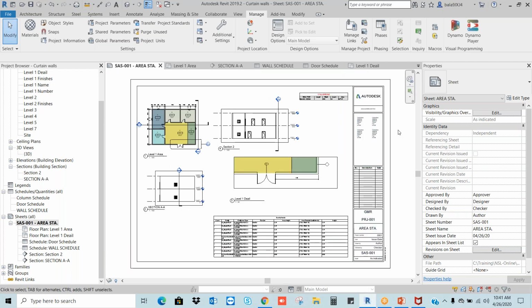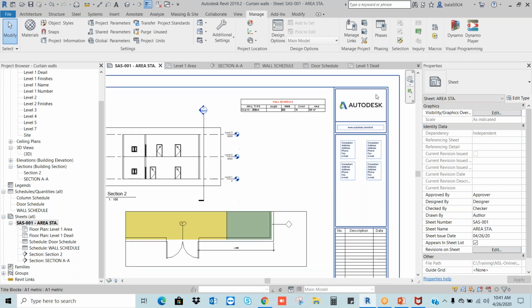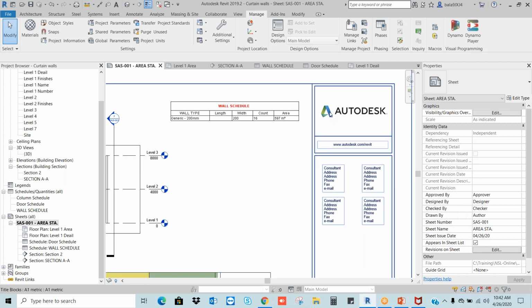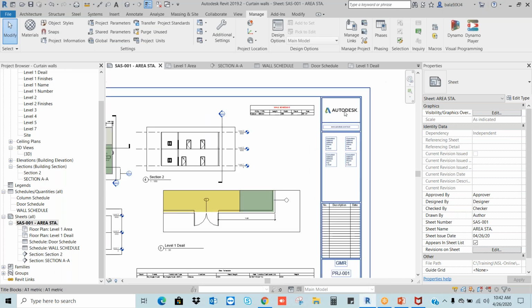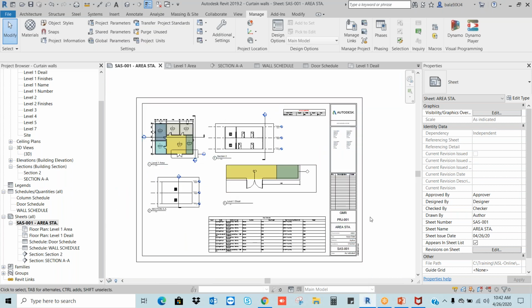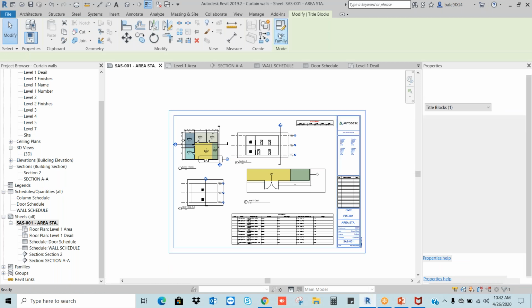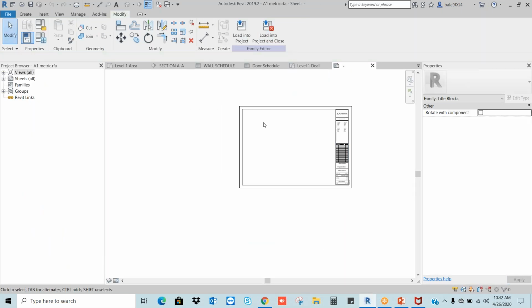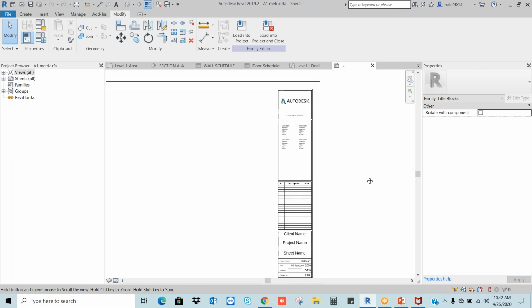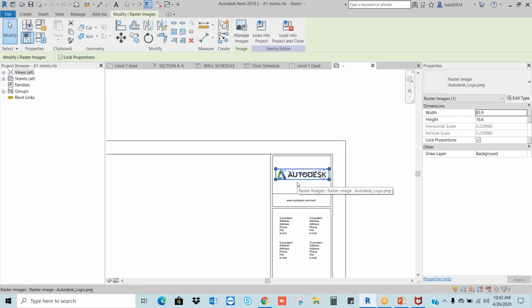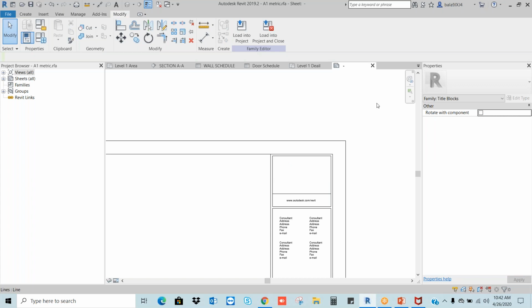Okay, see the next. Here I can see the Autodesk title block developed by them. They kept their logo, but I want to keep my consultancy logo here. I want to change my title block style, so each consultant will follow a different format. I want to edit this. I will select it and go to Edit Family. What are the items you want, you can edit. Let's say I don't want this logo, I want to remove it. I want to add some more images. Just drag and drop.